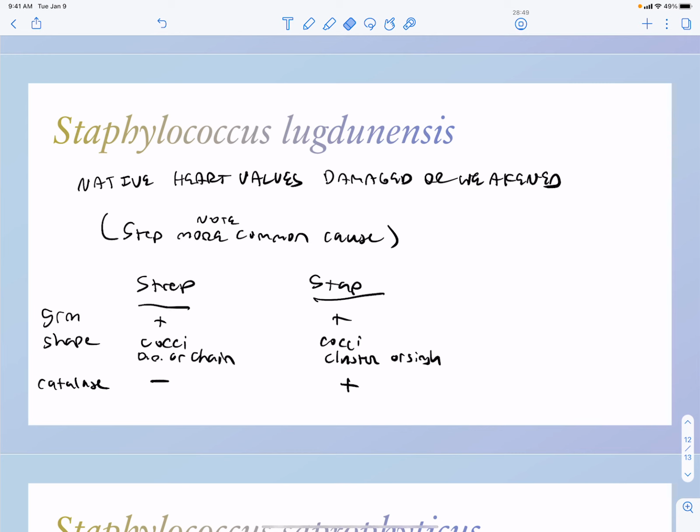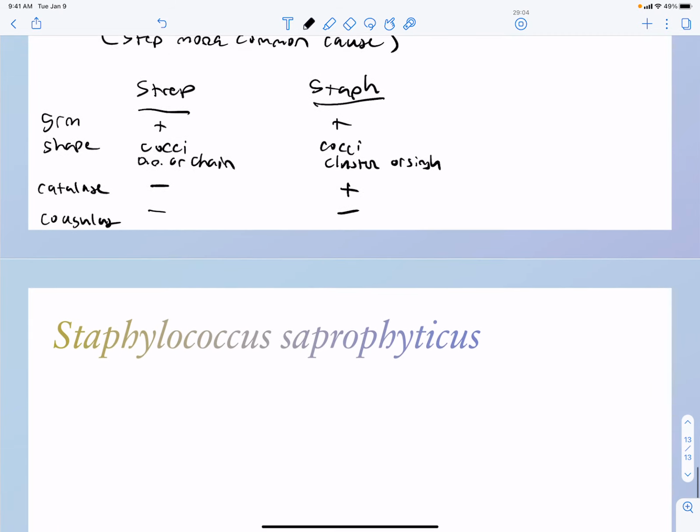And then coagulase. Strep is negative, staph is negative. And then if it was a Staph aureus, of course, that would be positive. And then finally,